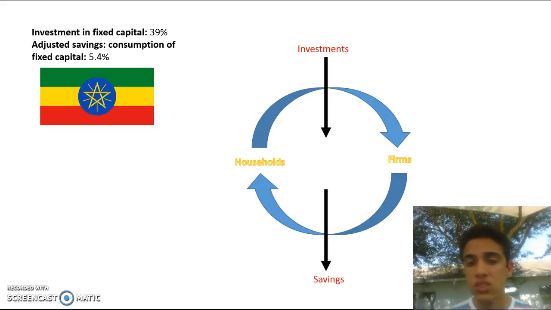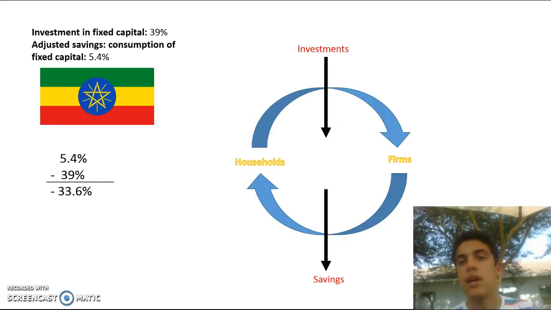So Ethiopia has both investments and savings, with saving being the leakage. What savings does is it's banks gaining money from households, and these households save money instead of investing it. Okay, so if we do the calculation over here, we subtract the savings from the investments,